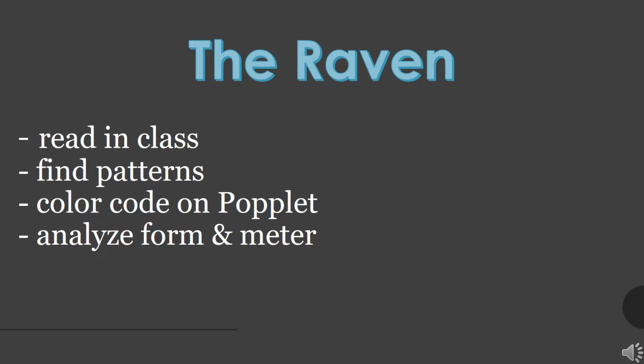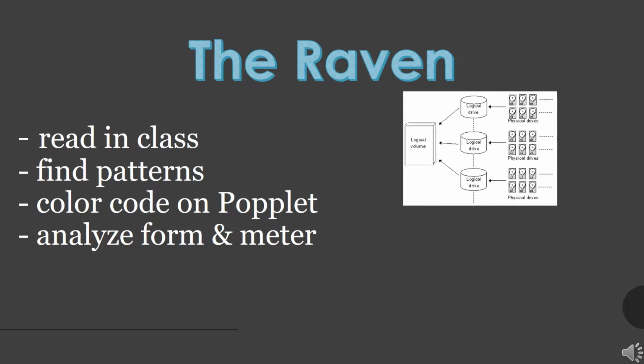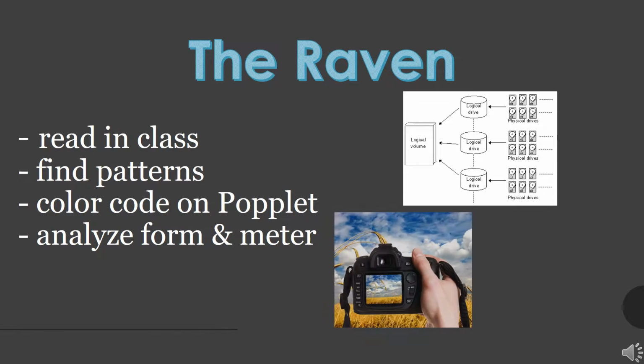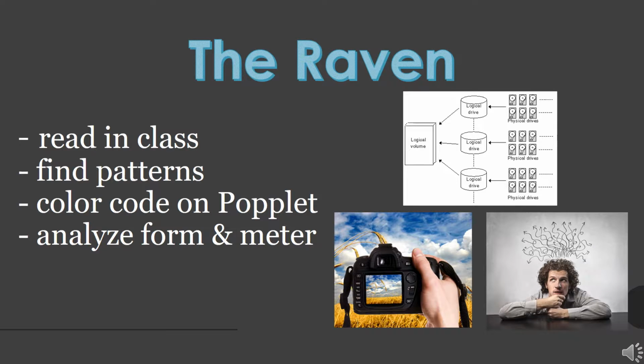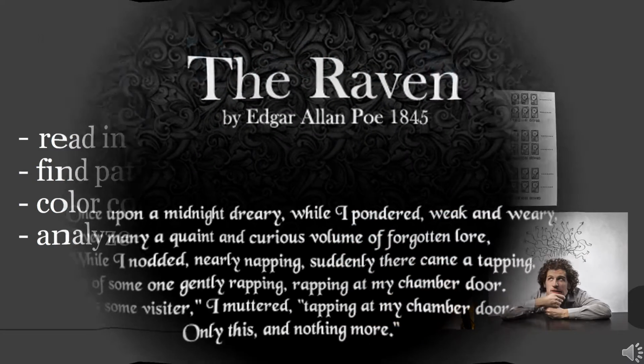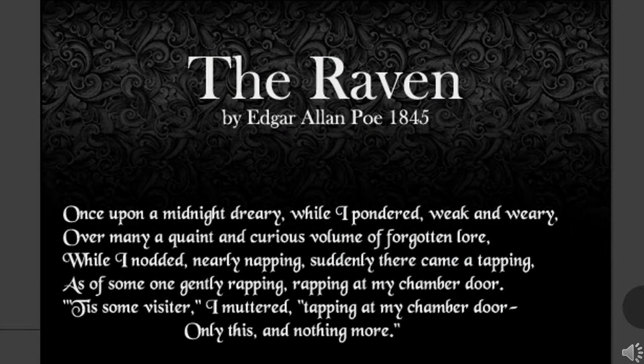Then, Edgar Allan Poe's famous poem, The Raven, will be the first assigned reading for the unit. As they read, students will be asked to look for patterns or repetition in the poem. For homework, students will chart found patterns using the website Poplet to color code their findings. Most students will realize that rhyming words create a certain pattern. Therefore, the rest of this lesson will bridge connections between how a poem sounds and how to correctly diagnose the form and meter of a poem. In this case, students will learn that The Raven has rhyming trochaic octometer.